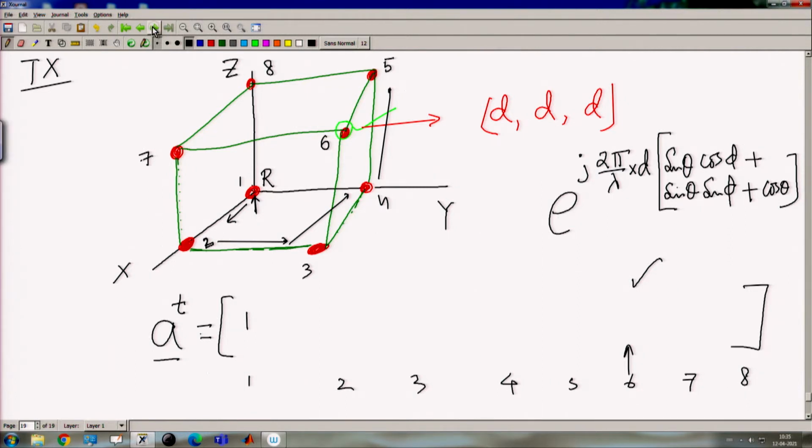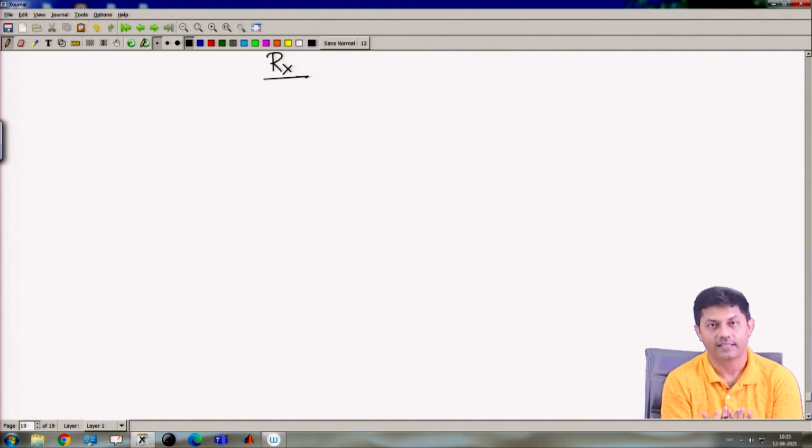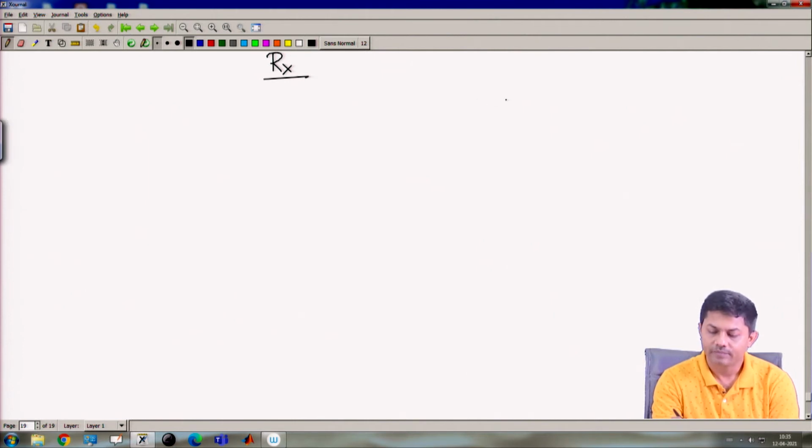Okay. So, now let us go to the RX side. Now, I am a little relaxed from the RX side because I do not have to say anything extra from the RX side. Why? It is the same as the TX side, just that in the TX side it was an angle of departure, now in the RX side it will be angle of arrival, but the concept remains the same. So, which means that same thing,